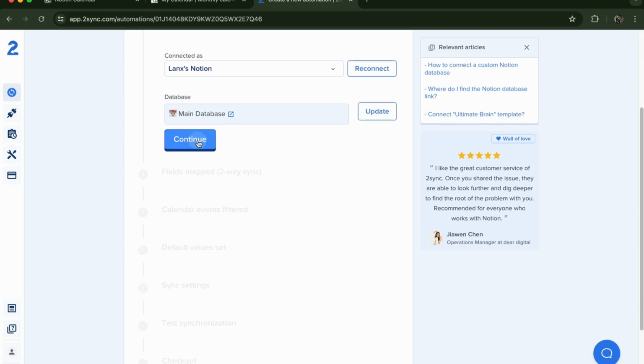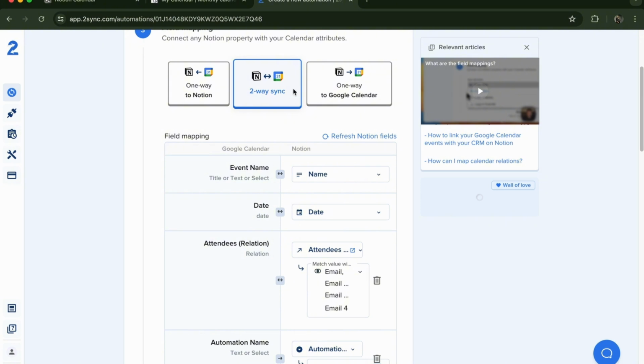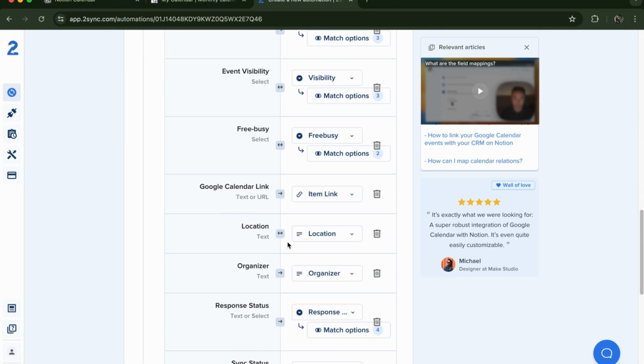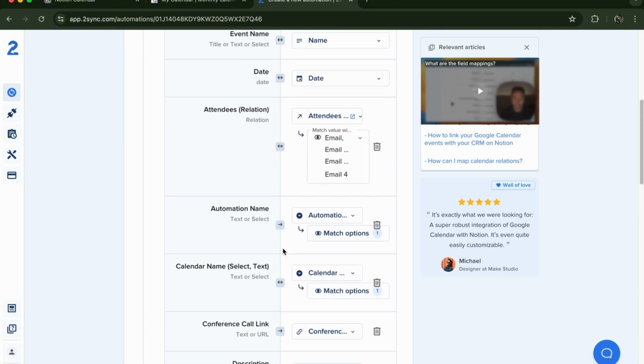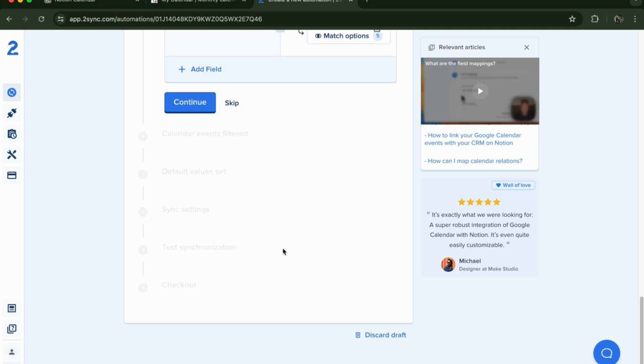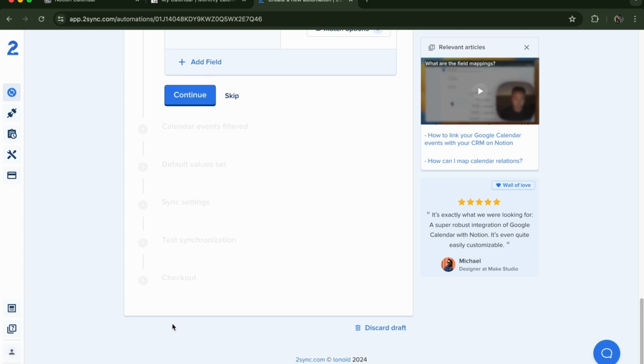And then you'll just have to continue, and then right here just do a two-way sync, and then you'll just have to customize your preference right here, and then you'll have to do the rest, which is pretty simple. So there you go guys, this is how you sync your Notion calendar